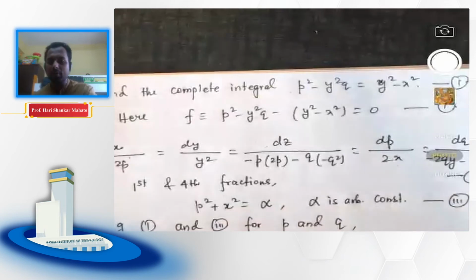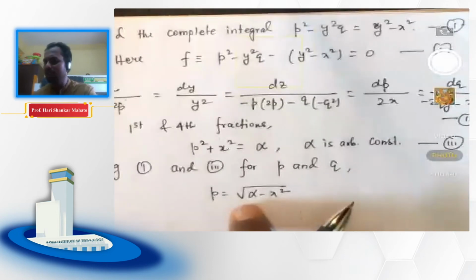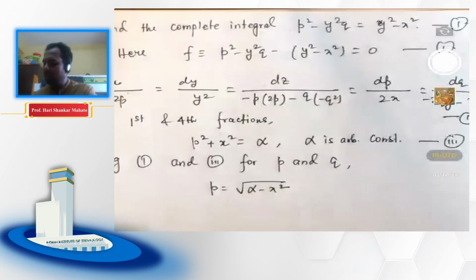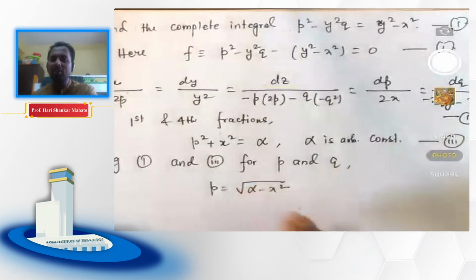We are taking the positive value. You can also take the negative value. I think it will not create any problem, so you can take plus minus. It wouldn't change the integrability, but we will see that. Let it be a task for you: take the minus value and check whether you can still write d of something or not.